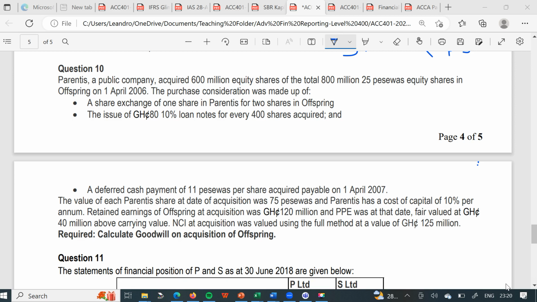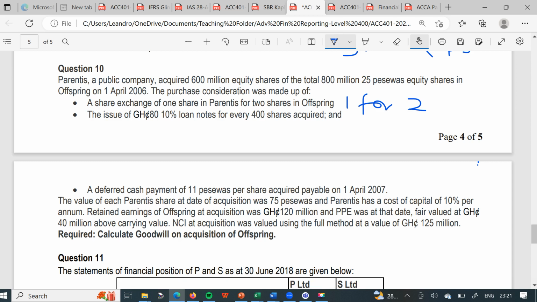So that's what you describe as 1 for 2. And then the issue of 10% loan notes of 80 Ghana Cedi for every 400 shares